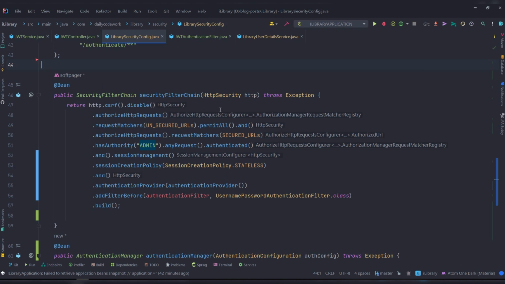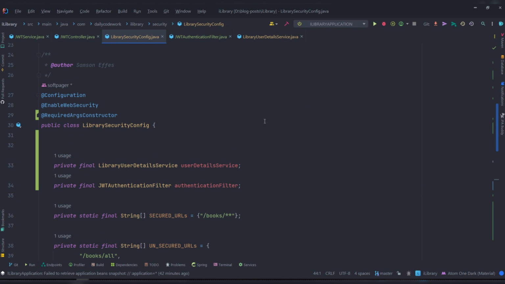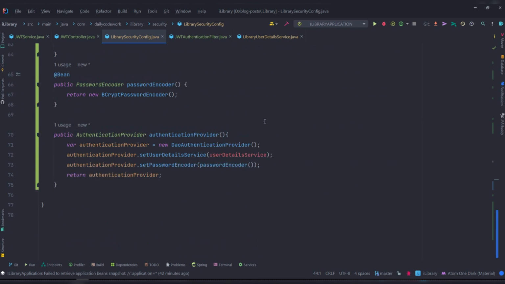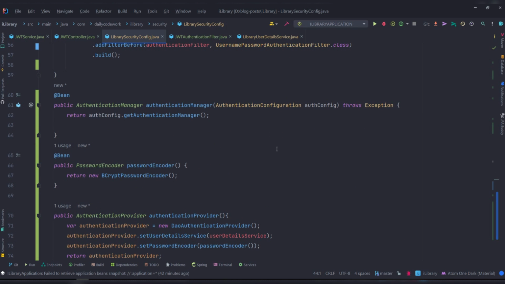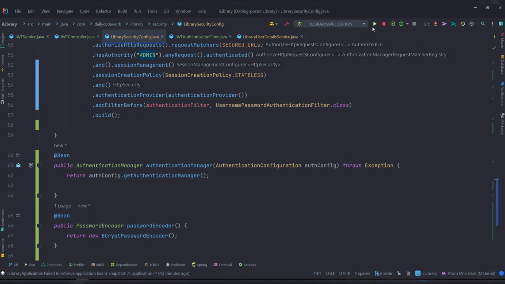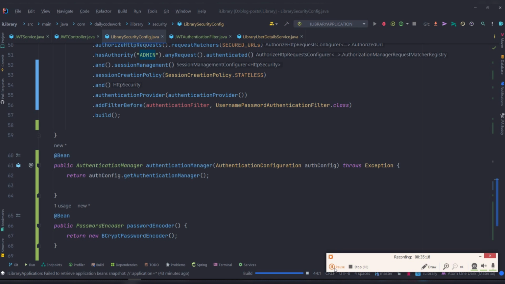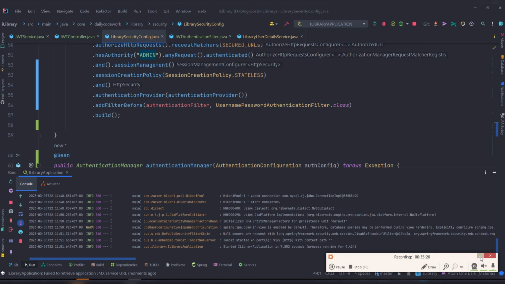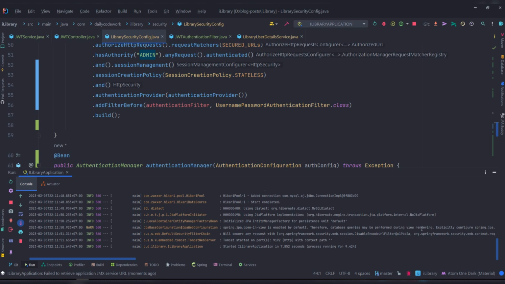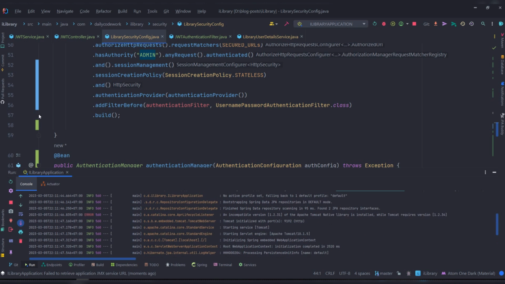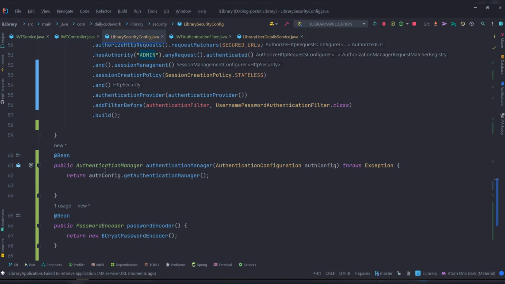We'll just wipe off this white space, and let's check if everything is okay. All right, so right now we're going to run our project and see if everything is cool, right? So I'm just going to hit on the play button here. All right, so here we can see that our project has started, and there are no errors, right? So right now we are going to go to Postman